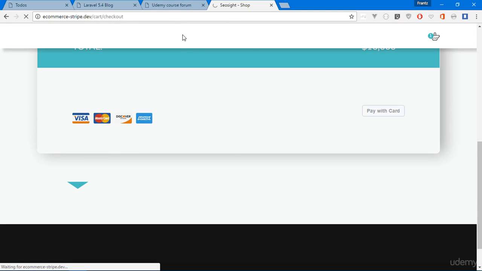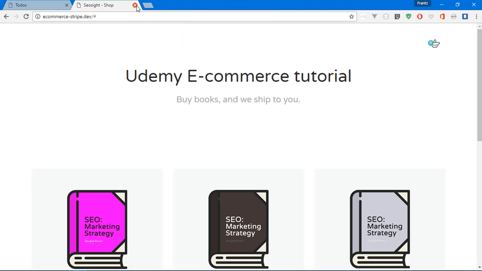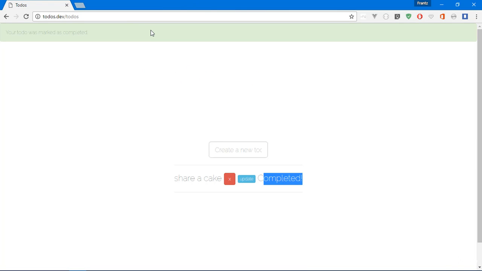So if you see right here, it's gonna send an email to the user that just purchased from our website, and it's gonna tell the user, okay, we've received your payment, thank you so much for buying with us, and the cart is emptied, and the user can still go ahead and shop. So these are some cool applications that we're going to be building, and you're going to be learning everything you need to know to begin building powerful web applications.